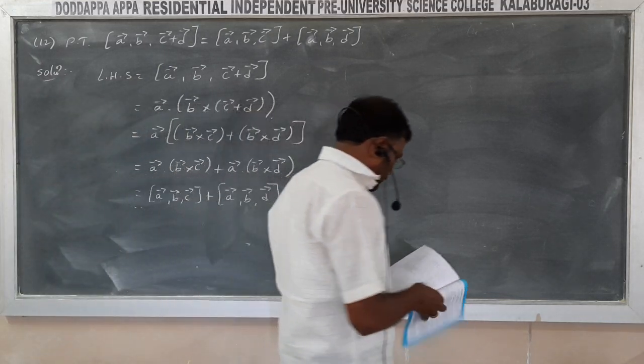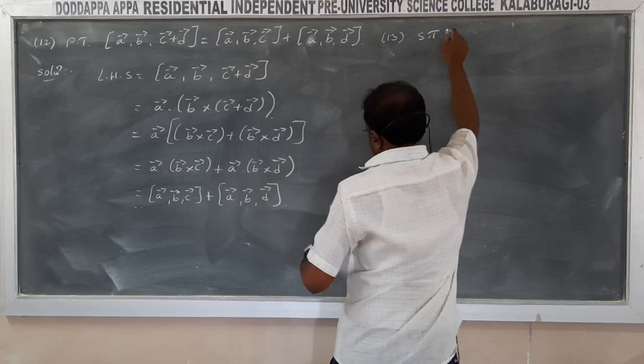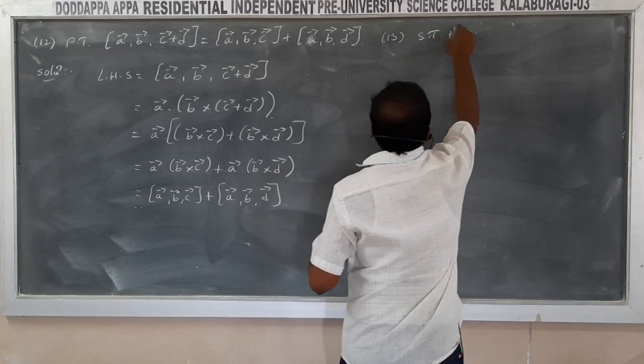Next we go for the last problem, 13. Show that the vectors